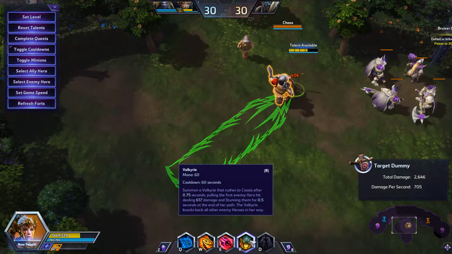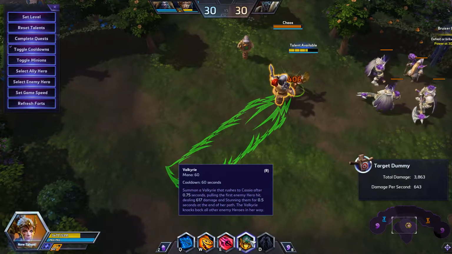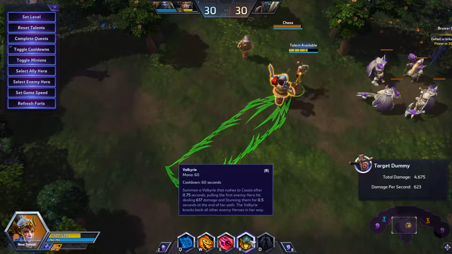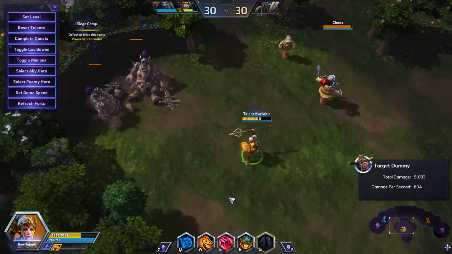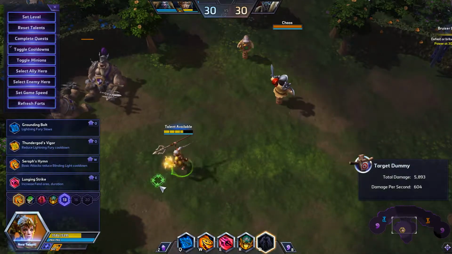Summons Valkyrie. Pulls the first enemy hero hit. Deals some pretty heavy damage. Knocks all other enemy heroes out of the way. So, at level 13,